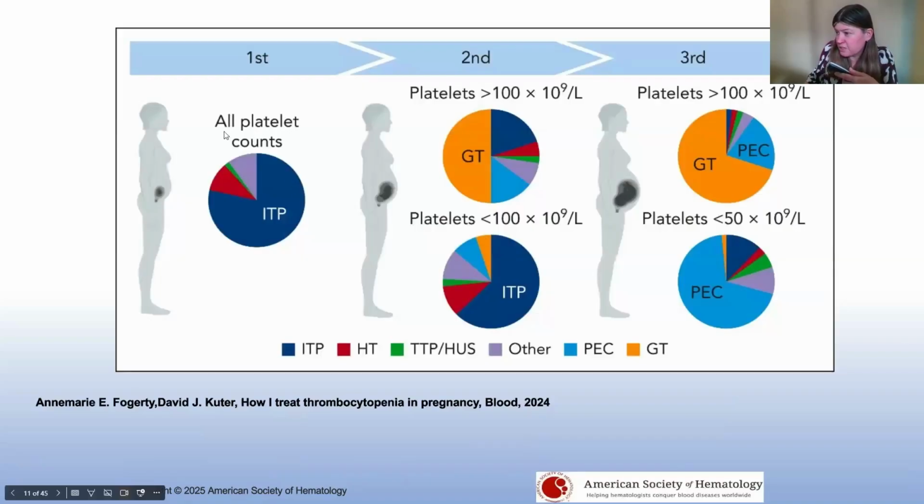And I like this figure, which looks at different stages of pregnancy and looks at all platelet counts, and if you have thrombocytopenia, what it's more likely to be. So you can see that women who have thrombocytopenia in the first trimester, a large proportion of them will have ITP, which may be pre-existing before pregnancy. But then as you move further through pregnancy, many more people have gestational thrombocytopenia. And in the third trimester with very low platelet counts, that often relates to preeclampsia. So I think this is a useful way of thinking about it: if you see a low platelet count at a particular gestation, just on balance of risk, which of these conditions it's more likely to be.